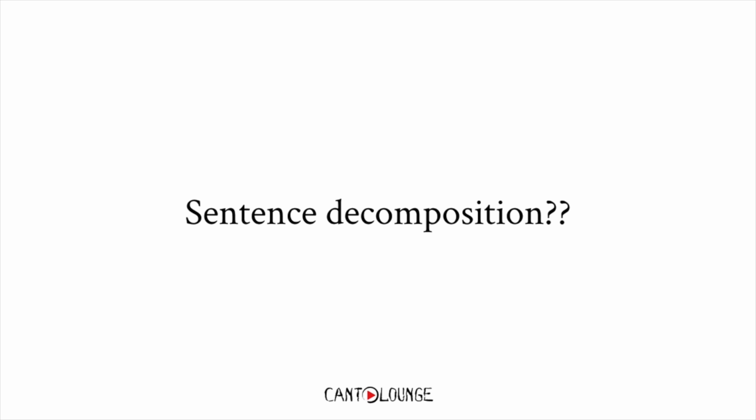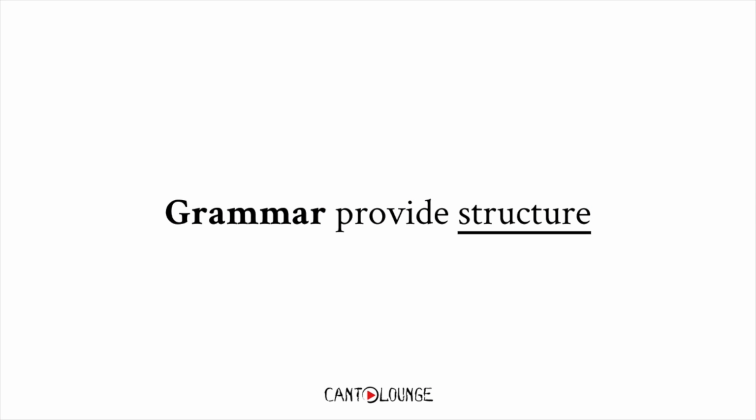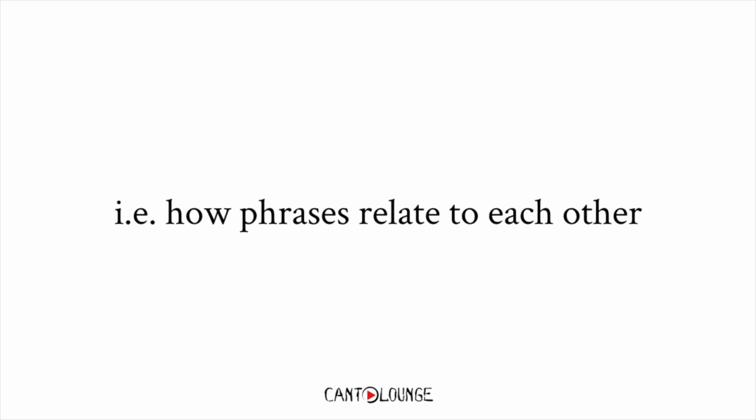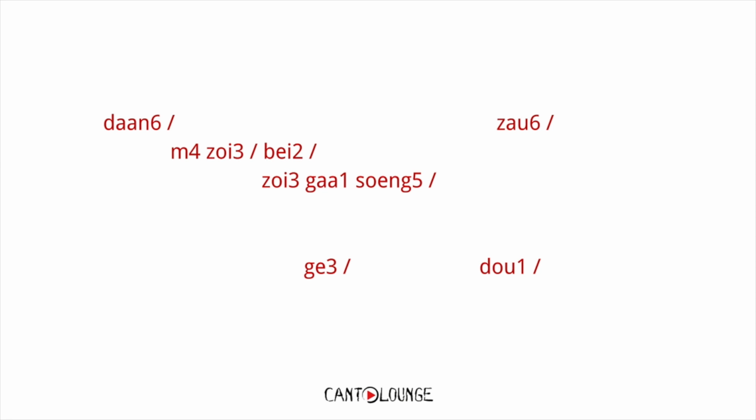And so revisiting this, why sentence decomposition? So we had a quick look, and we saw that in all sentences, grammar provides structure. That is to say, in other words, how phrases relate to each other. For example, we've got these words, 但, but, 唔再, not again, 再加上, in addition, words like these. And sometimes in Cantonese, what is grammar and what are words? It's not so clear. The line is a little bit blurry sometimes, but these clue in pretty much how sentences